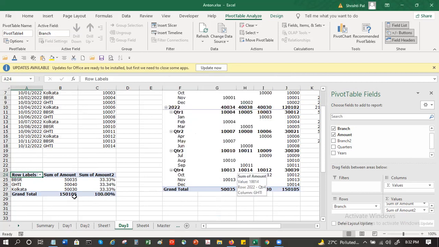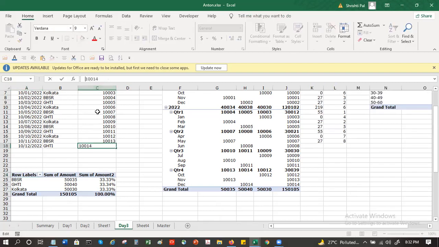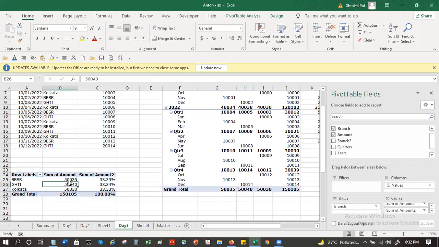It will give you a percentage without you having to do anything. Suppose I increase. So it will take out a percentage of the grand total, 150, 50,000 out of 150,000.